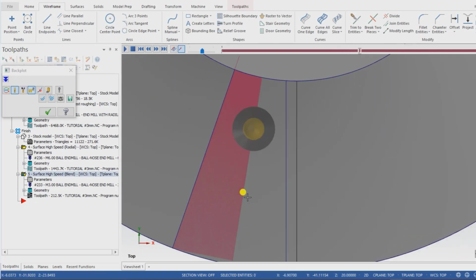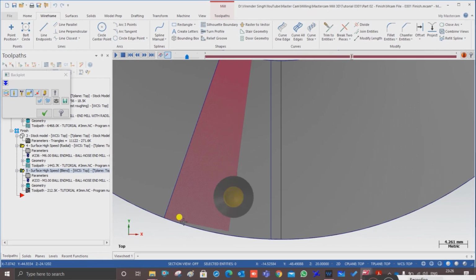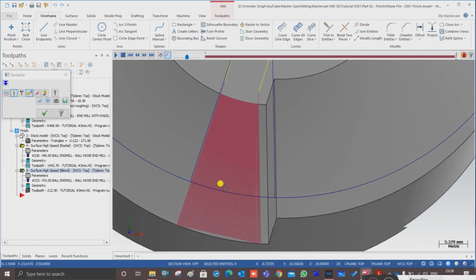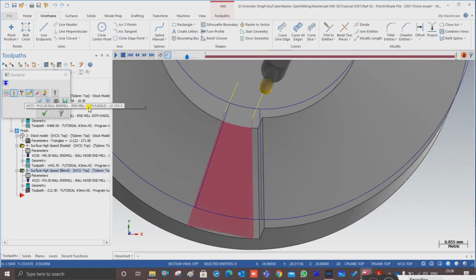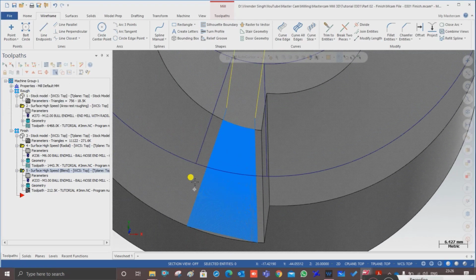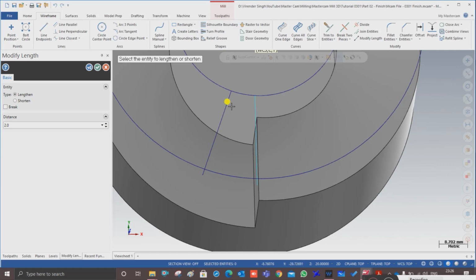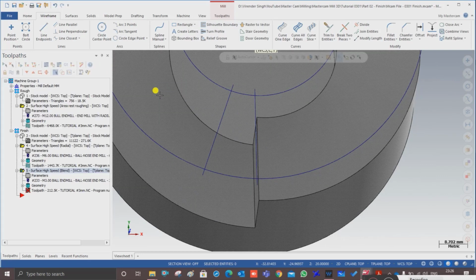As you can see here, that is my top view, but when I create that toolpath like that, my material is remaining at that one portion. So what do I have to do for machining that area? Let me show you the trick that I have to use for machining that portion. I have to go to modify length,